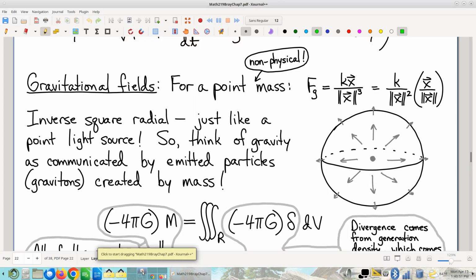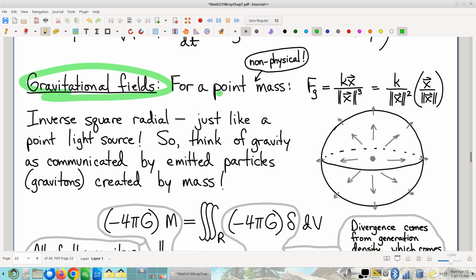Okay, off we go. So picking up where we left off last time, we had talked about Gauss's divergence theorem, and we were looking at some physical examples. The first couple of examples that we talked about involved fluids. So this next example certainly doesn't start off about fluids. This next example is about gravitational fields, and for a point mass, this is the formula for a gravitational field